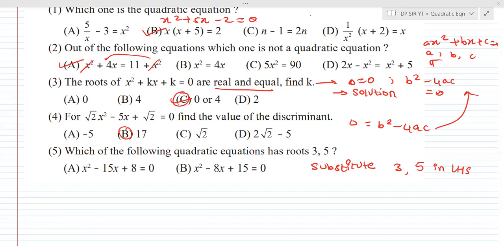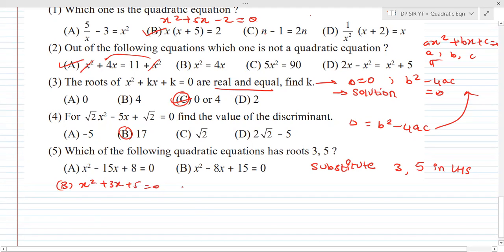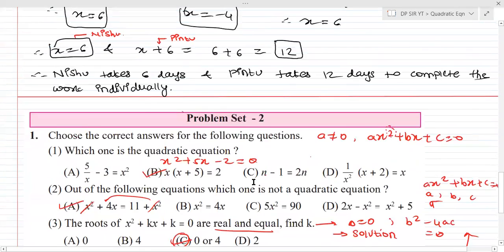Even I was thinking that it is x square plus 3x plus 5. Option number B is x square plus 3x plus 5 is equal to 0. This is your option number C. Then there is option number D, which did not get copy pasted, my bad. Option D is x square plus 8x minus 15 is equal to 0. And the right option here is option number B. Actually it was only in one and two, that is the reason I did not pay attention to C and D. Okay, so I want you all to substitute and check.